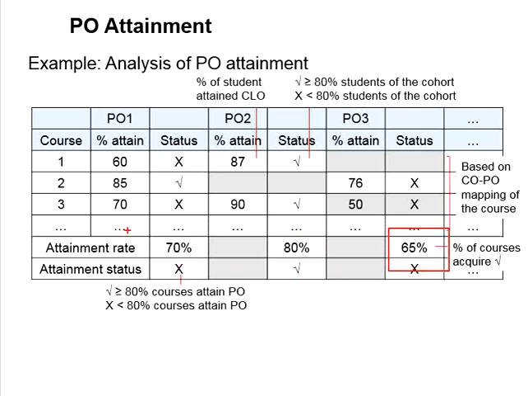Based on the rate here, we will know that PO3 is more critical than PO1. Now, when it comes to the continual quality improvement, you can pay attention for those not being attained, especially those which is critical one, is something that you cannot ignore. This is related to the PO